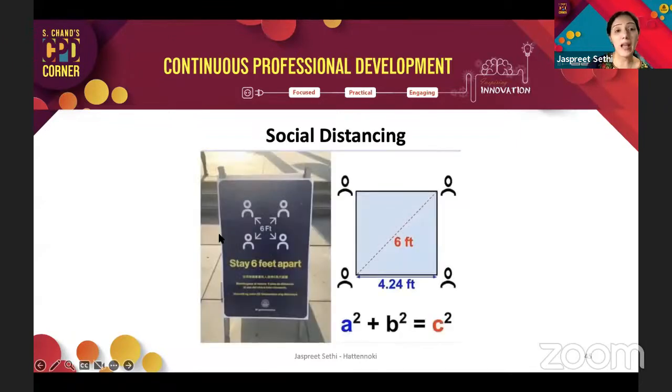So one is, this was floating around a lot during our pandemic, social distancing, and talking about how it should be 6 feet apart, especially in the US. This was a thing about 6 feet apart, and there was this whole diagram, and you can clearly see it's a square. So it brings me to the Pythagorean theorem and talking about how it cannot be that this is 6 and this is 6 and this is 6.